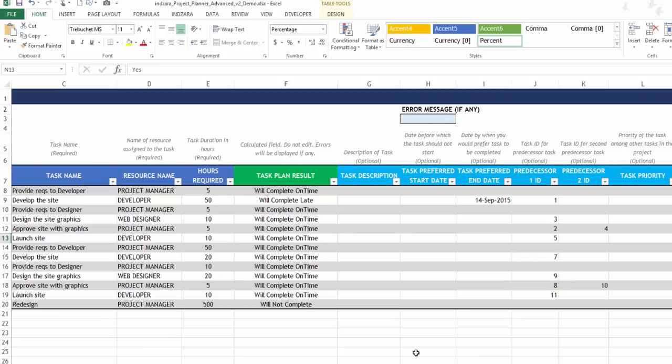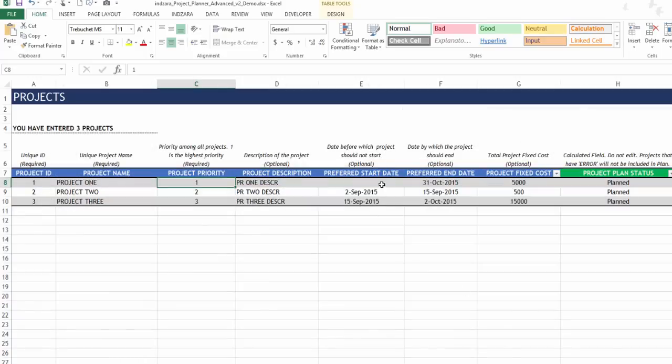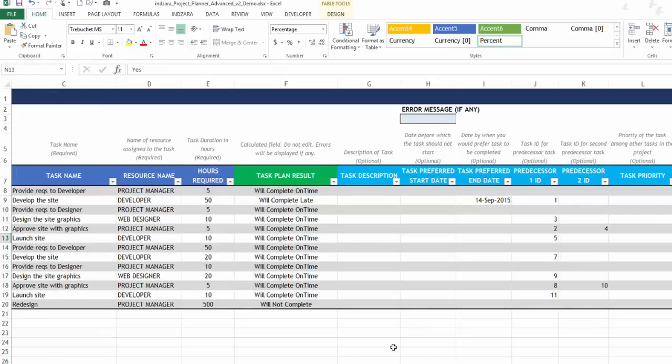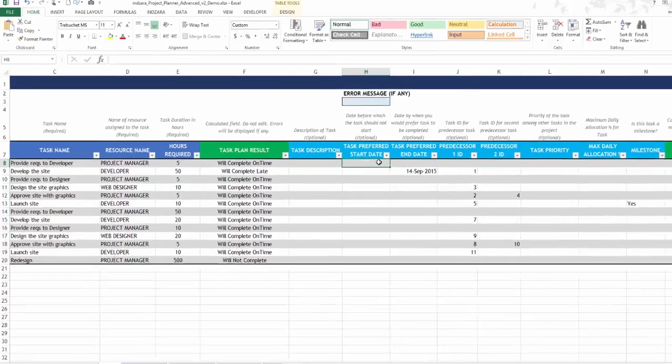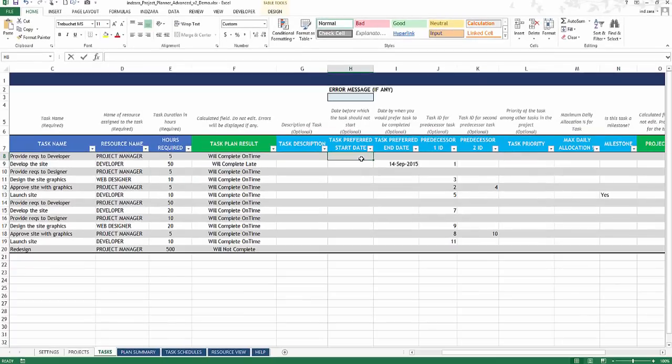In addition to prioritization, there is also task preferred start date and project preferred start date. These dates are provided so that you can control it if you don't want a specific project, like project 2, to start until 2nd September, or project 3 to start until 15 September. You can type this in and the automatic scheduling will take that as input. And this can be done at the task level also, where you can type in a task preferred start date. So for example, if I don't want this task to start on September 1st, what I can do is type in